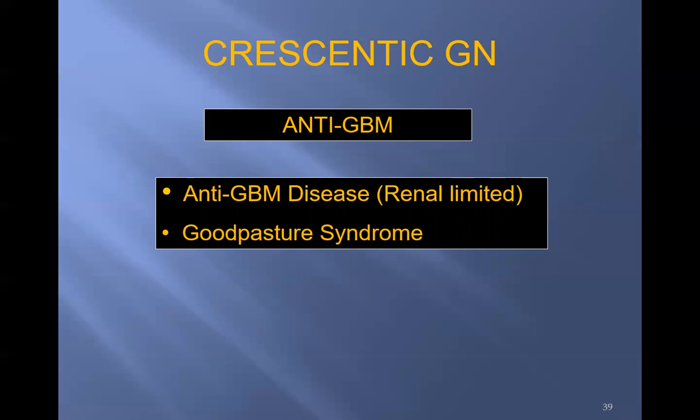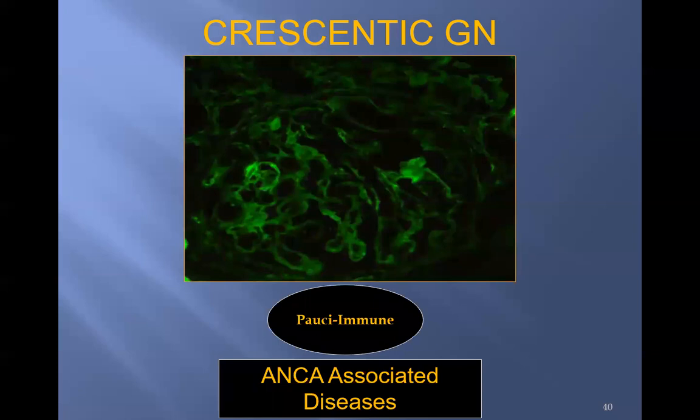And what is Goodpasture syndrome? The body gets more involvement. So what will happen? The lungs. Involvement of the lung. The same antibody which is attacking the glomerular basement membrane, in Goodpasture syndrome is also attacking the alveolar basement membrane. And what do you see there? Hemoptysis and lung hemorrhage. Sometimes it is life-threatening, right? So the circulating antibodies are there. And this is the last one, which is pauci-immune, in which you hardly see any fluorescence,